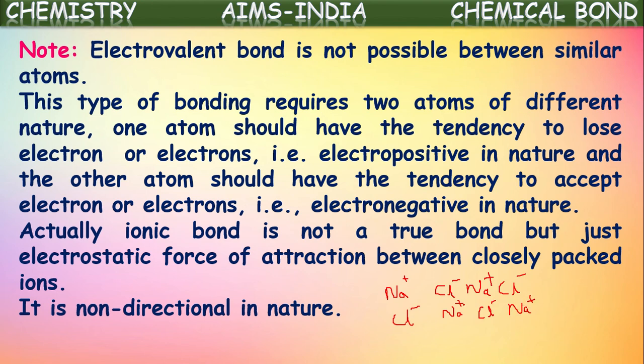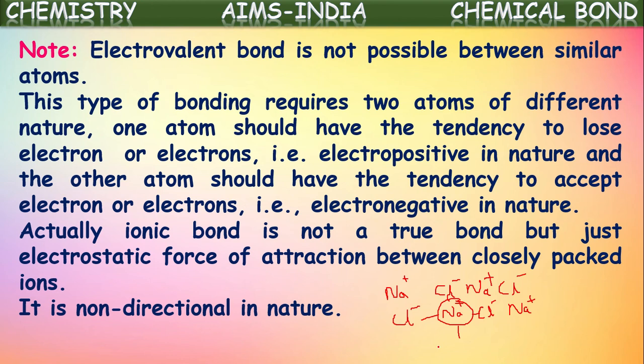So for this sodium ion, there will be attraction from so many Cl- ions from all directions. This one will attract it, this one will attract it, this also will attract, and here one more Cl- ion will be attracting it, from the front and from the back. In this way, from all directions, there will be an attraction on a particular ion from the oppositely charged ions. That is why we say there is no particular direction. From all directions, this force of attraction is occurring.